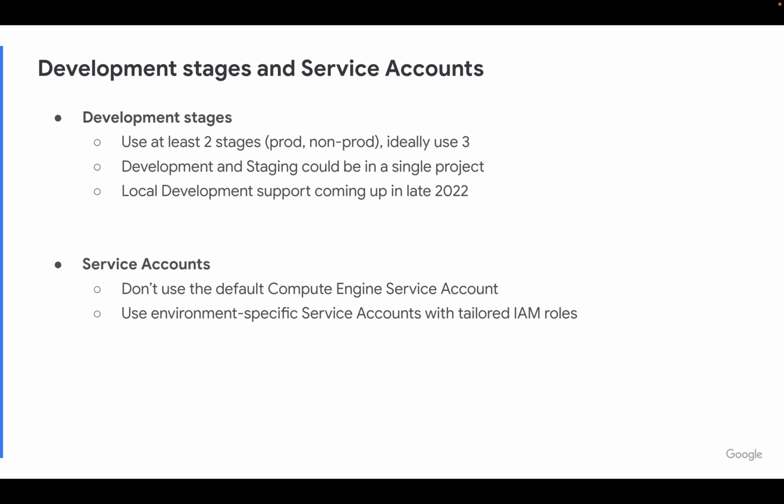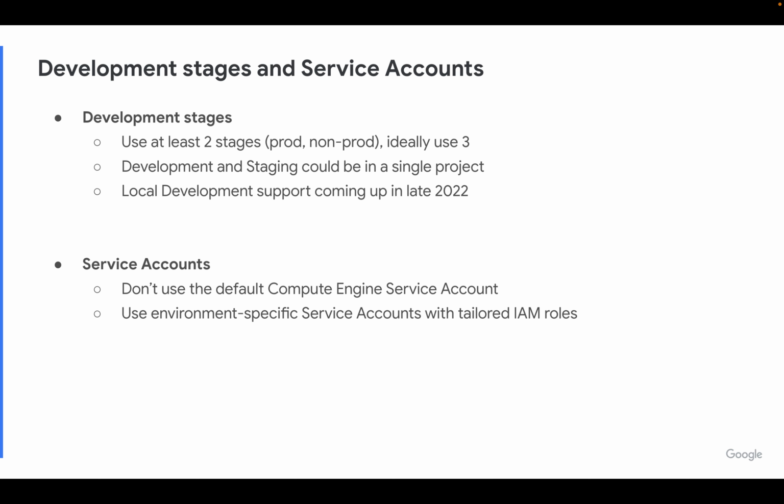A common and general good development practice is to have multiple stages of your environment. Obviously, not only production, but also some form of test and some form of development. And obviously, this is also something I would recommend for Composer environments. You would ideally go for three, again, test, development, and production, or at least obviously not going with production